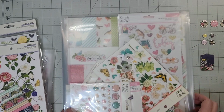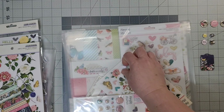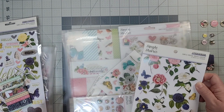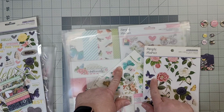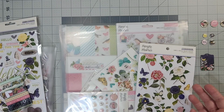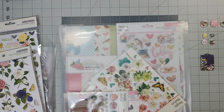I pulled out my Simple Vintage Garden District, and as you can tell, the color schemes have some overlap. This is settled on the turquoise. This is the indigo. That's really the only difference. So we're going to take what works